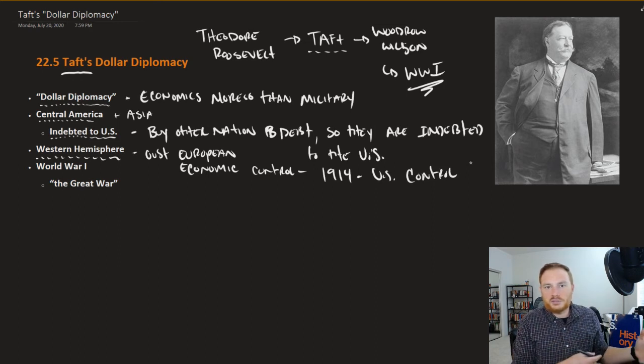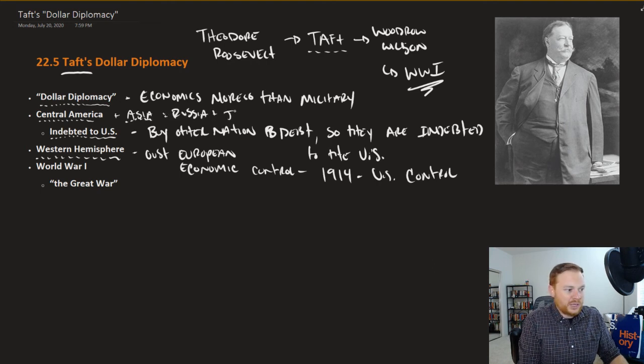Really countries like Great Britain, France, and Germany, they're really looking other places other than Central and South America to exert their influence. In places like Asia, the U.S. was less successful. You still have countries like Russia and Japan, which are more successful there. That's not to say the U.S. didn't try to get more control into Asia, but it really was in Central and South America, in which the United States was much more effective.